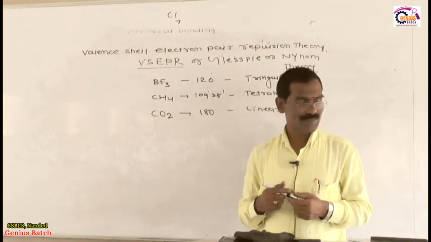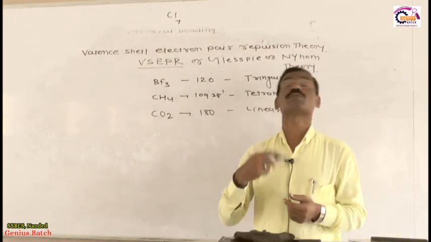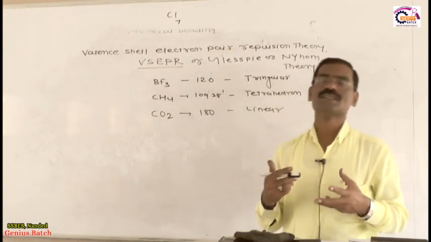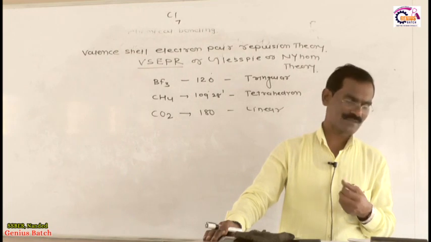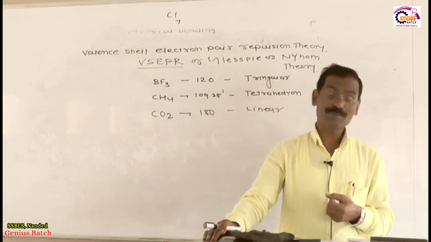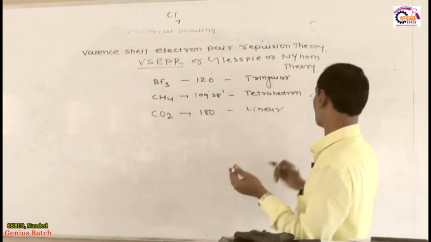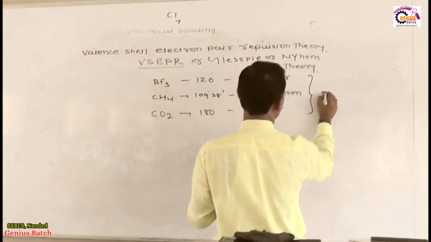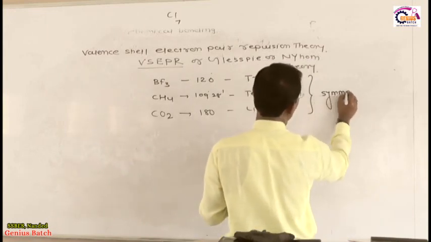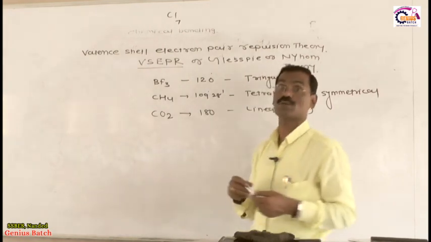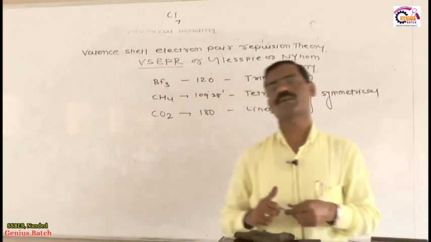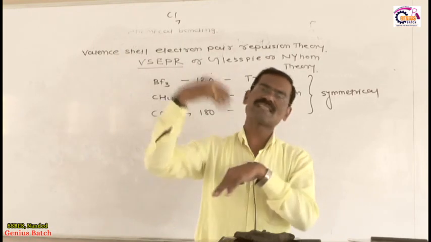If the central atom possesses bonded pairs of electrons as well as lone pairs of electrons, then the shape of the molecule will be unsymmetrical. The shape we saw earlier is called the symmetrical shape. Keep in your mind, those molecules which have a symmetrical shape are non-polar. The dipole moment of that whole molecule is 0. We will see later on.